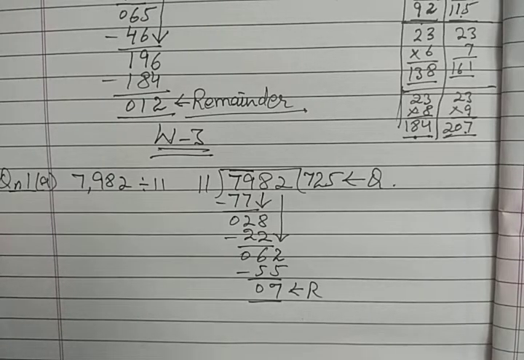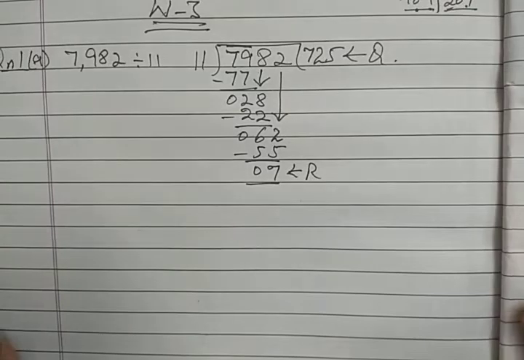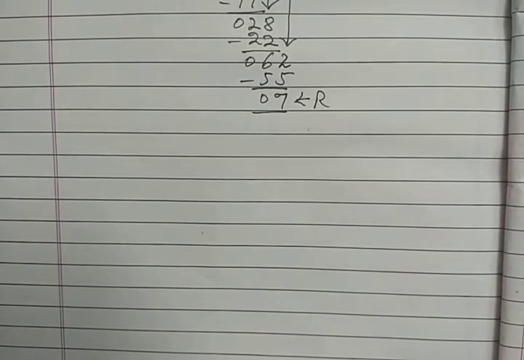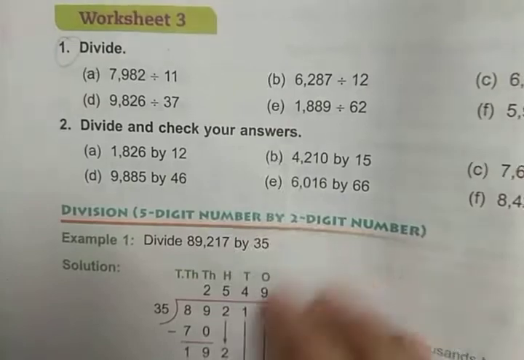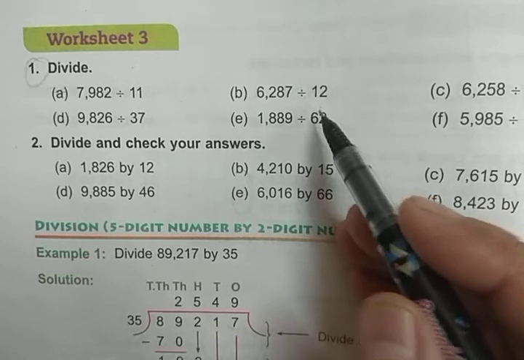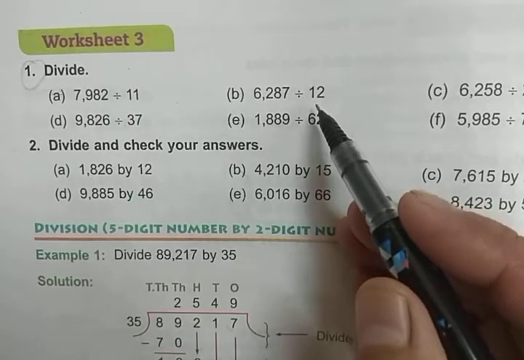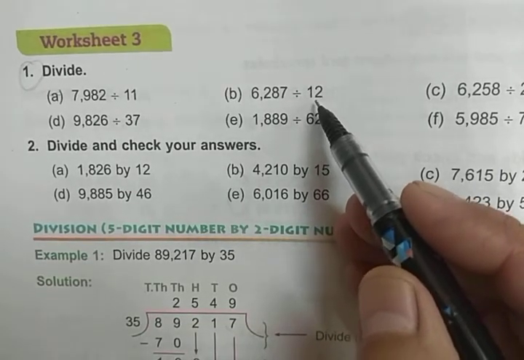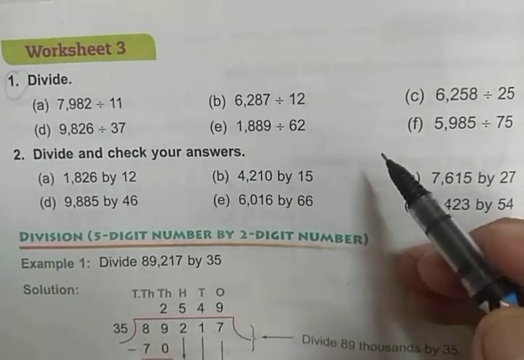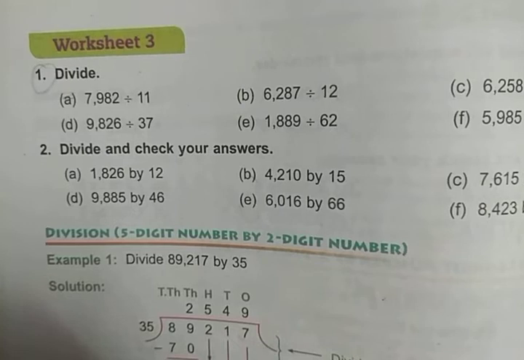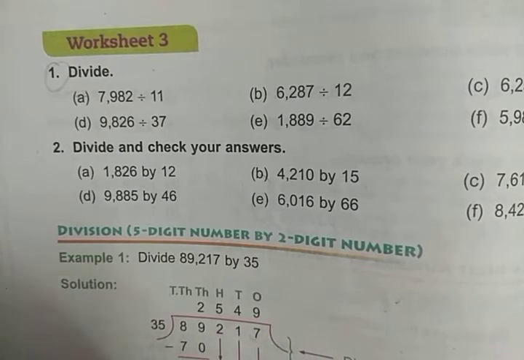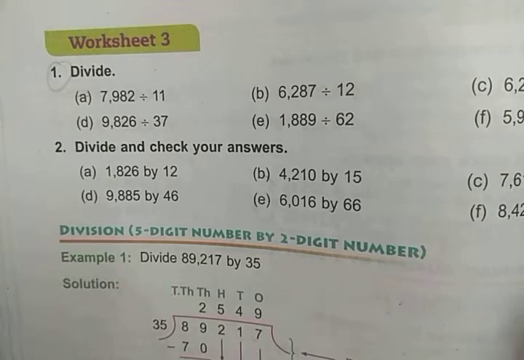Now we will do one more question for you. Next, B part is also easy because here you have to divide the number by 12 and you know the table of 12. Those who have learned the table of 12, it's fine. If you have not learned, then learn it. And suppose you forgot the table in the exam, then what will you do? You will make that table on the right side.